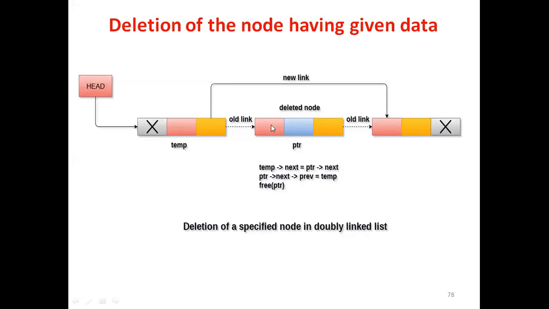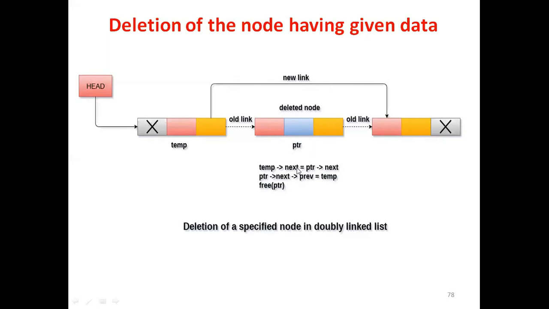Now, if you delete this node, because this node's value is matching, what will happen? This node should point to this node now. This node is pointed to by temp. Temp next means this field should contain the address of this node, and this field, which is this node's previous field, should contain the address of this node. So this should be done. This is the new link after deleting this node, and this node's address should be stored here in PTR.